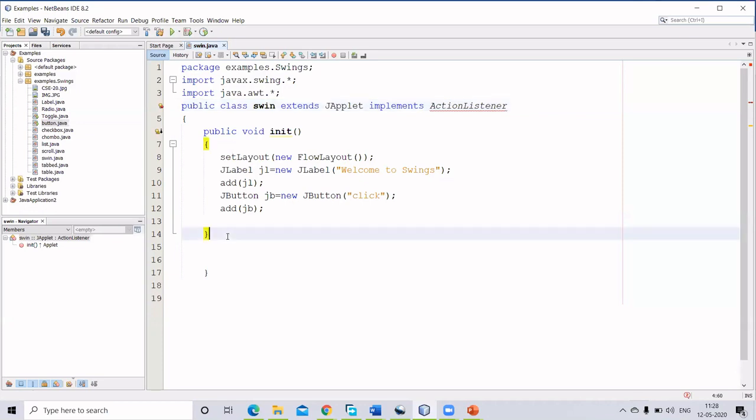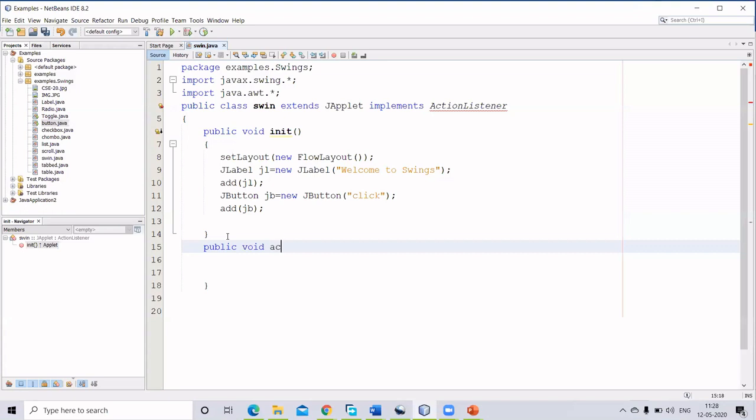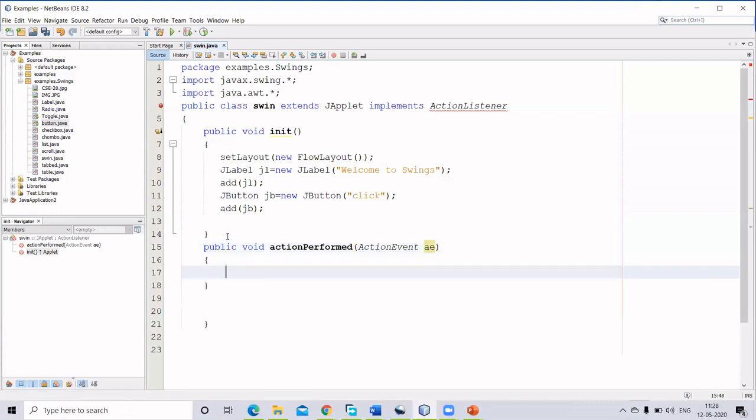What is the method that is already inside the action listener? I showed you just now. Public void actionPerformed, which takes an ActionEvent as the object. So this one you have to implement, right? How are you going to implement this action listener?